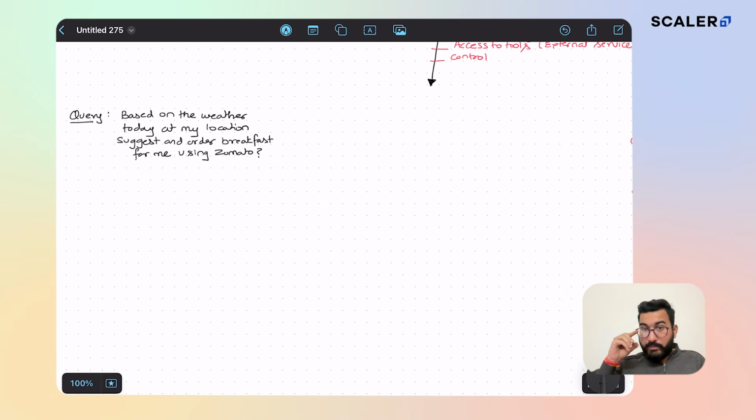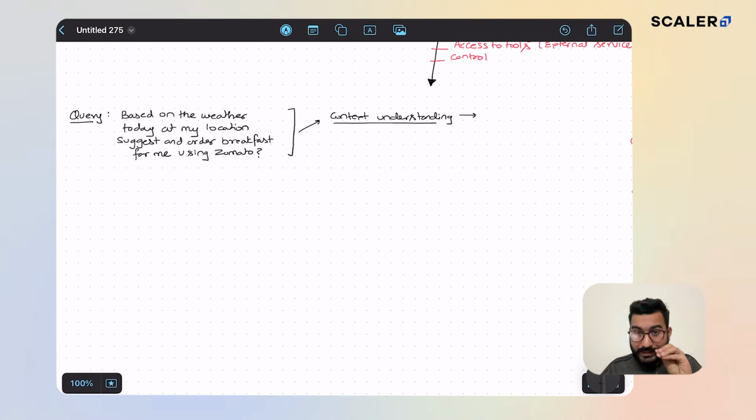So let's try to logically break down this entire question and let's see how ChatGPT can solve this question and what is the external requirement ChatGPT would need to solve this question. So number one, what ChatGPT will do is understand the context of this question. Context understanding, which basically means what is the actual requirement, what the user is looking for. So ChatGPT will try to summarize this question into few steps which define the goal of the entire question. So it is goal defining,